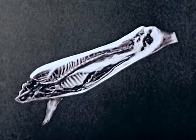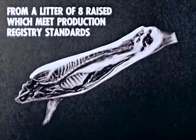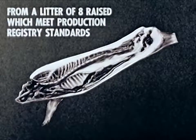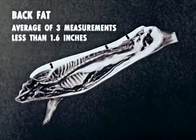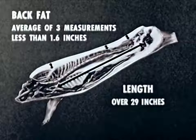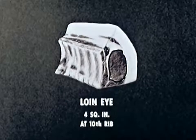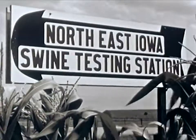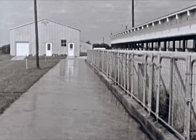The animals must be from a litter of 8 raised, which meet production registry standards. In certification, 2 litter mates are slaughtered. With these, there must be less than 1 6/10 inches of back fat, body length in excess of 29 inches, and 4 square inches of loin-eye muscle. This swine evaluation station is one of many across the country. Here, in the most modern facility,